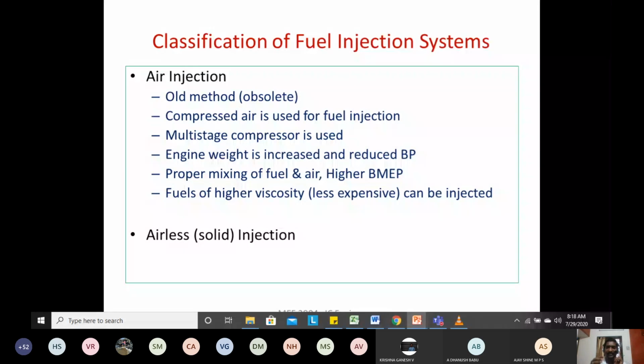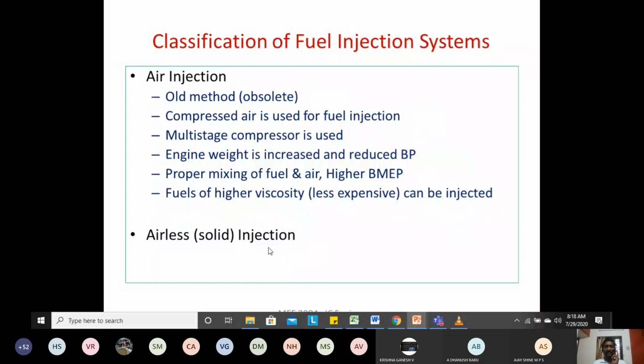But since it is heavy, engine size is going to be bigger, and the weight of the engine is going to increase, and the power output is going to be less, and we stopped using this air injection type of fuel injection. Okay. So then we started using the airless injection or